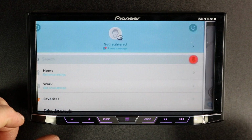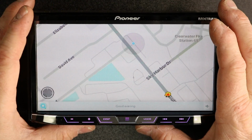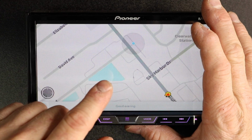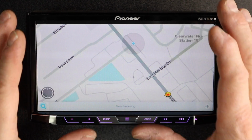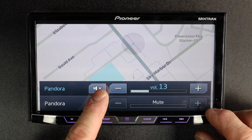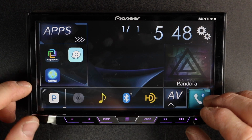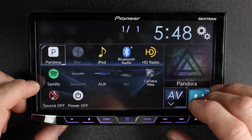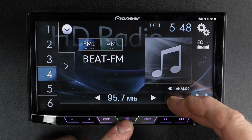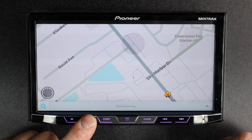And in the settings, you can also access your settings if you'd like. The easiest way to use Waze is, of course, to actually do it on the device before you plug it in and have it active. But the nice thing is in Waze, you can listen to whatever music source you'd like. So, for example, if you'd like to listen to the FM, simply exit out, select your HD radio, tune it to whatever station you want, hit the home key, select Waze,